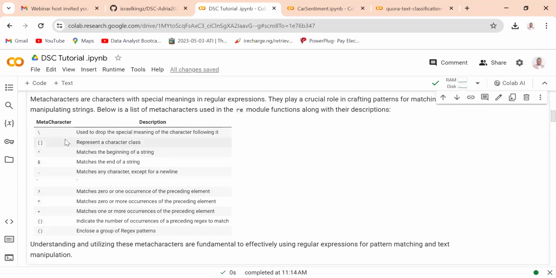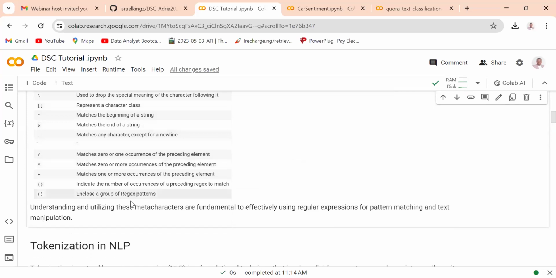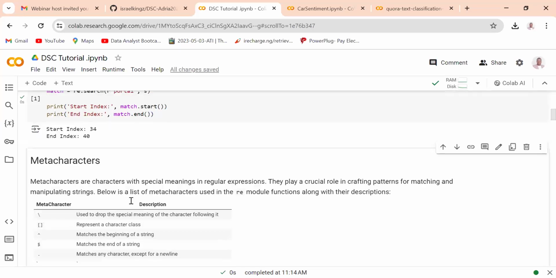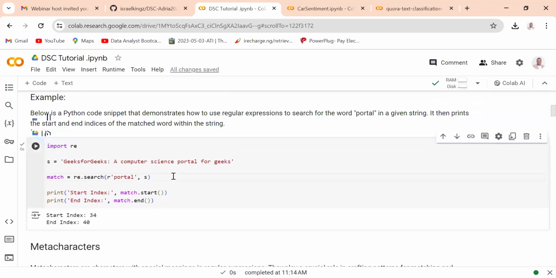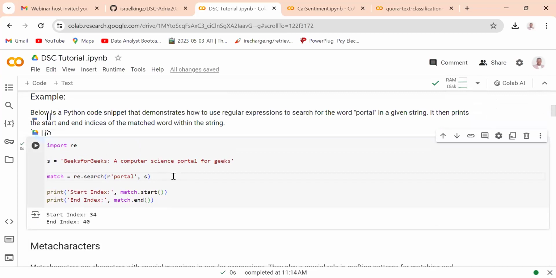The backslash, the caret sign, the dollar sign, the apostrophe, they all have several meanings and use cases. So I'm recommending that you pay attention to regular expression as you begin to learn or leverage data